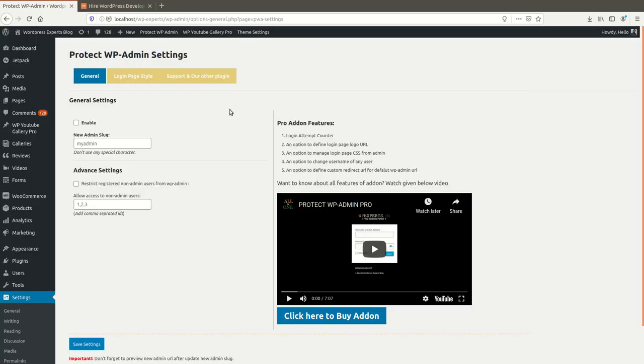Today I am going to explain the features and functionality of our most important plugin, Protect WP Admin. Basically, we have created this plugin to give extra protection to your WordPress website admin. It will really help to protect your website from hackers and spammers. So let's start with how you can use it on your website